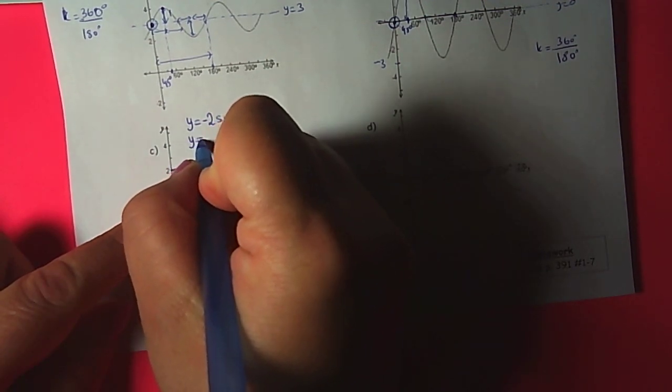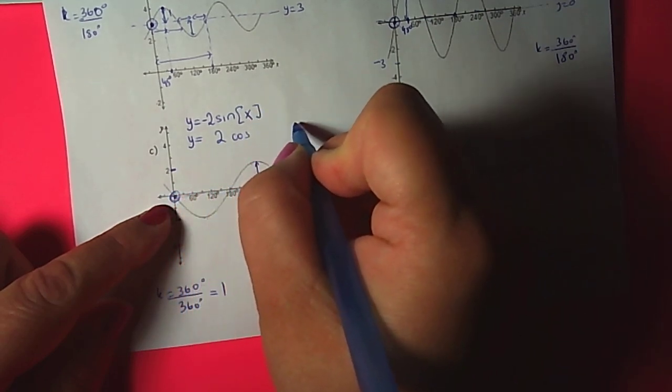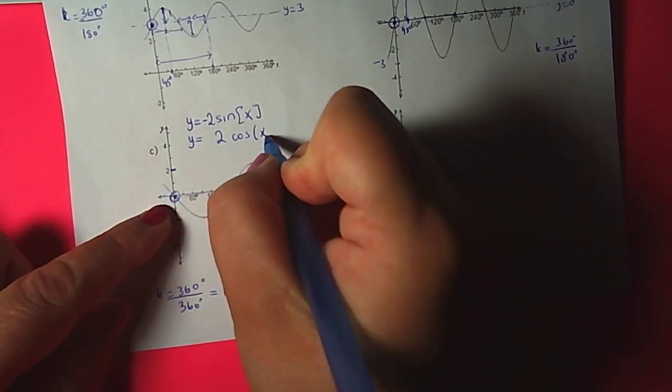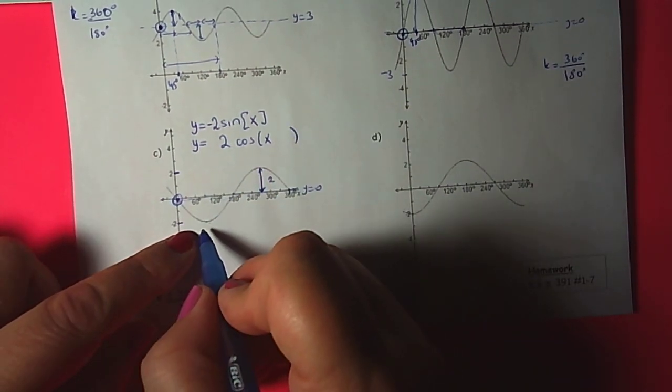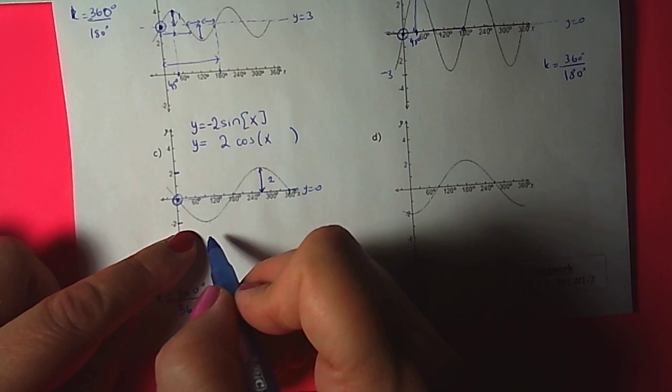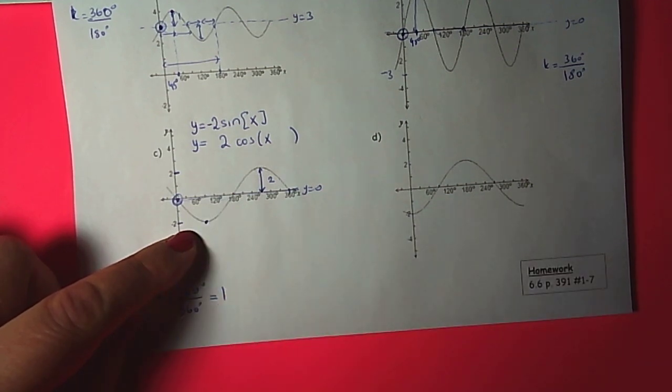Okay, so let's write the cosine function. We're going to have 2, we're going to have cosine. C value is 0, k value is 1. So we need to check for the phase shift. Okay. For cosine function, you start from minimum or maximum. Pick the one that is closer to the y-axis. In this case, minimum is closer